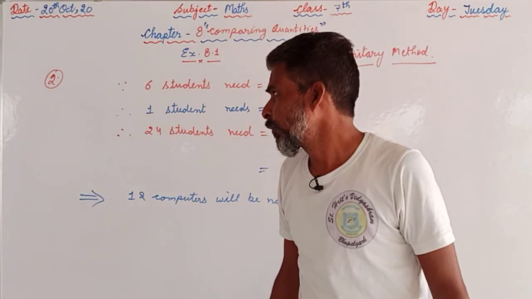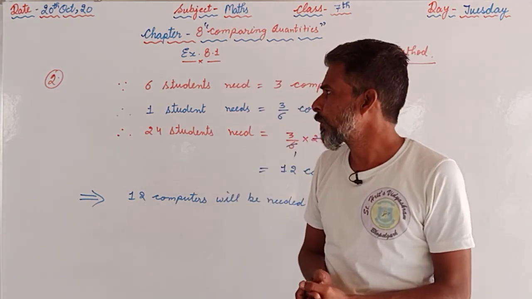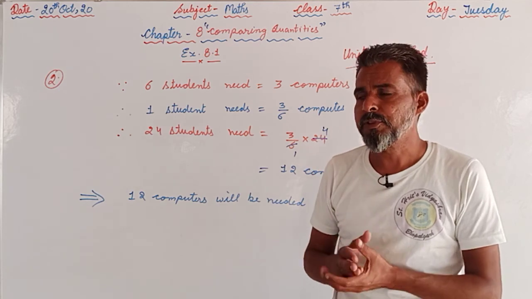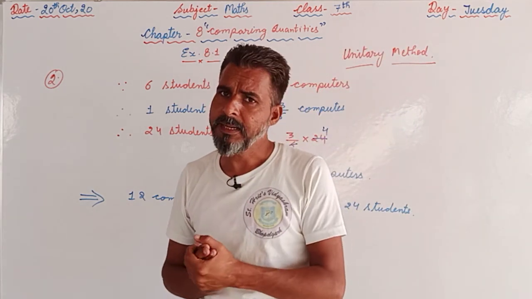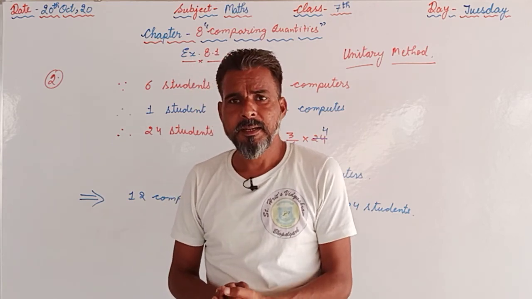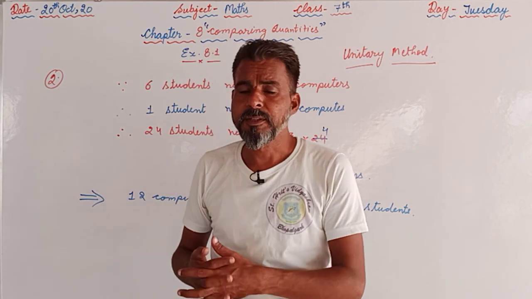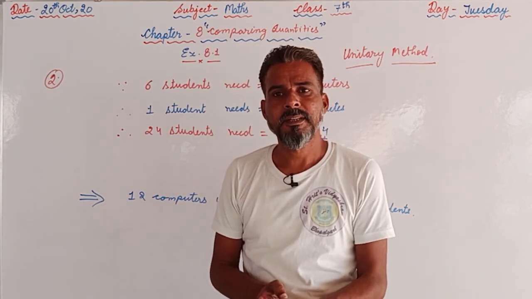Before that you are supposed to repeat question number 1 parts A, B, C and question number 2, and afterwards you are supposed to try part D of question number 1, and you can also try question number 3. If you are facing any kind of problem or if you are having any doubt, then you can message us or you can even call us. We will try to rectify your doubt so that you can easily proceed with the questions given in your textbook.